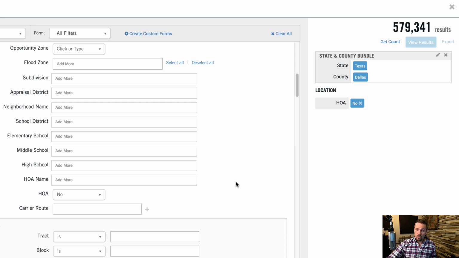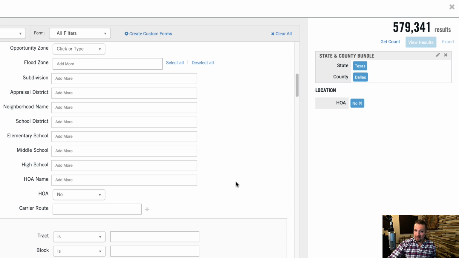So I think if you do want to avoid properties that are in an HOA, it's worth trying this out. And likewise, if you actually want to target properties that are in an HOA, I know sometimes that can be some of the lowest hanging fruit and the easiest deals to get. Granted, they usually come with some baggage, and that's why a lot of people like to avoid these anyway. But if you want to zig where other people are zagging, you could go out of your way to target properties in an HOA and use this filter for that exact same purpose.